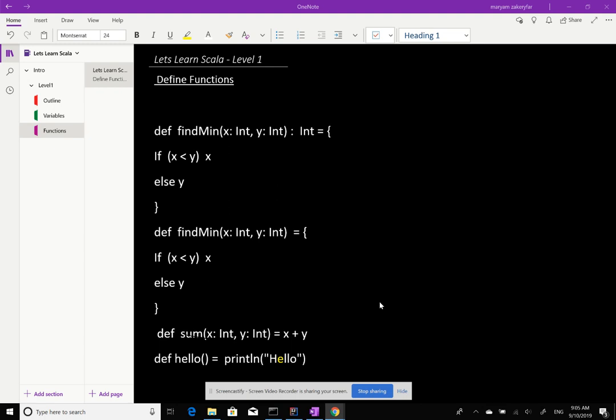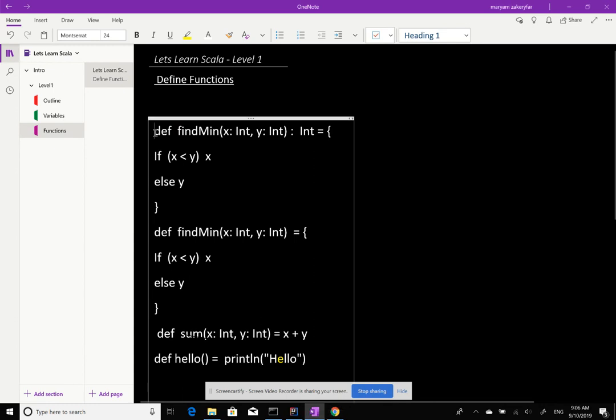So now that we already learned how to work with the Scala variables, we want to write some functions. So let's see how we define a function in Scala. This is an example of a function in Scala. If you notice, we define functions starting with def,